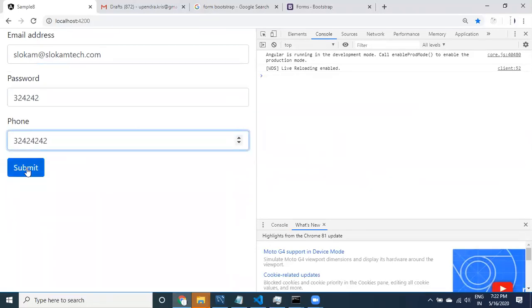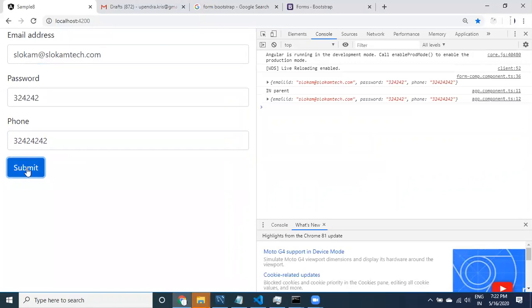Phone can be something. Click on this. See here, guys, two JSONs are printing. The first JSON is coming from the child component only, where we are also using console.log. In the parent component we are saying, in parent, and then the JSON data. So the data came to the parent component.